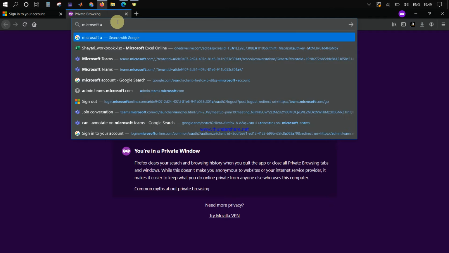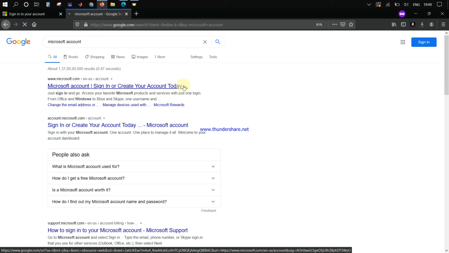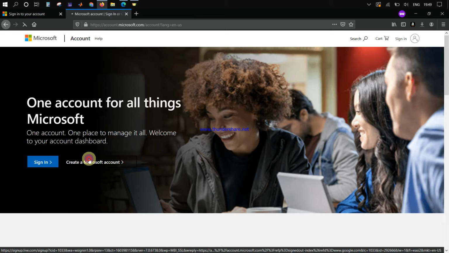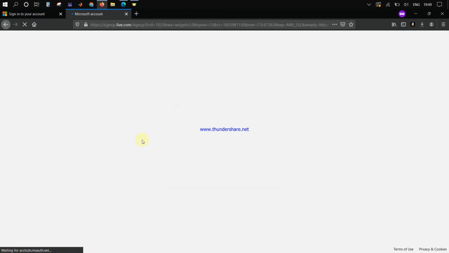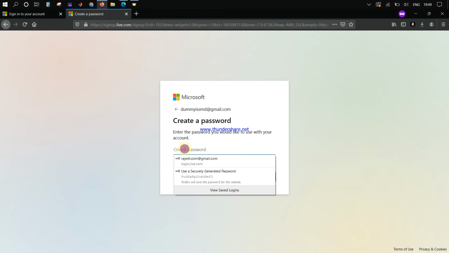So what I will do is go to some other tab, and then I will create a Microsoft account. If you have already created one, then you need not do this step. I again entered my new ID, then I entered some password.